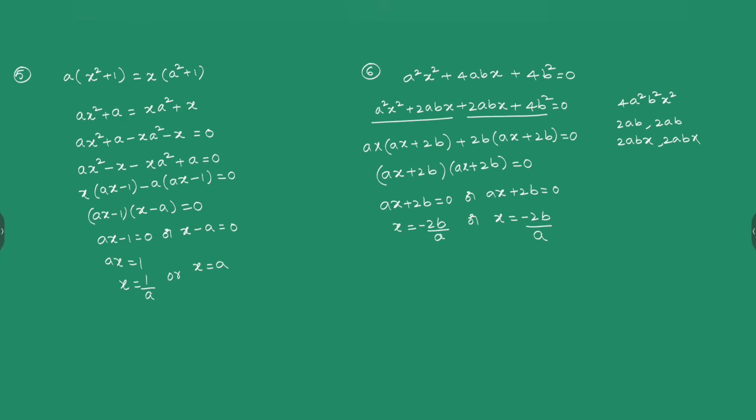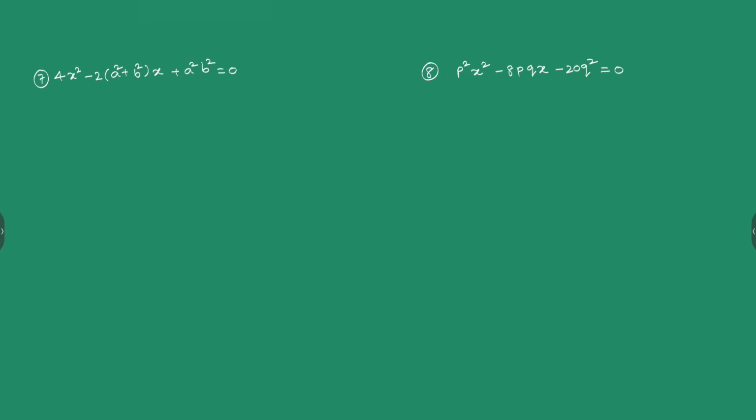Now let's see another one. Now here also we are getting 4a square b square, but directly here we are getting, if you expand, minus 2a square minus 2b square. So let us expand it directly. So we get 4x square minus 2a square x minus 2b square x plus a square b square is equal